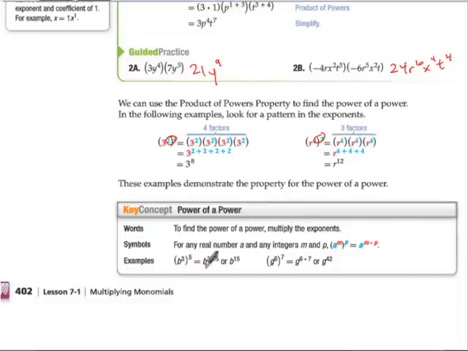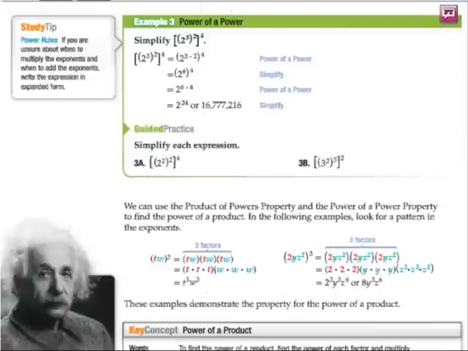So when we raise a power to a power, we multiply the exponents. Pretty simple. So here, 2 cubed squared to the 4th. Work our way inside out because of the grouping symbol. So 2 cubed to the 2nd power is just 3 times 2, so that's 2 to the 6th. Then we multiply again, we get 2 to the 24th, and that equals